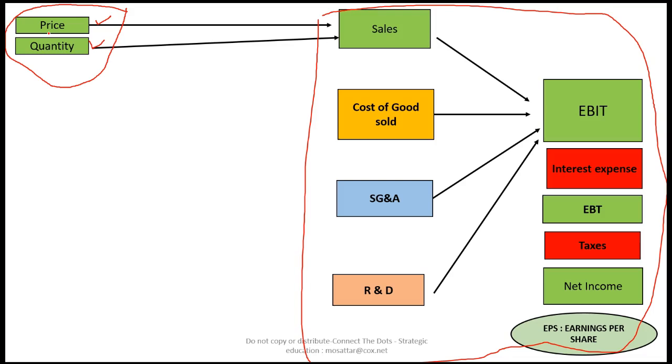So this is where I'm trying to start to talk about this conversation that, as you go through the strategy class, you can start to see the connectivity. But the whole idea as a manager is to be able to look at each of these pieces. Now, let's look at some of these costs.